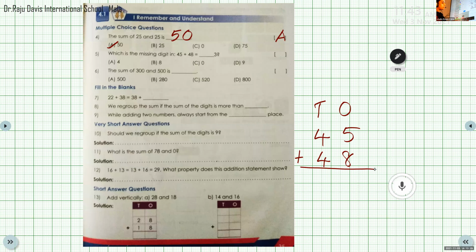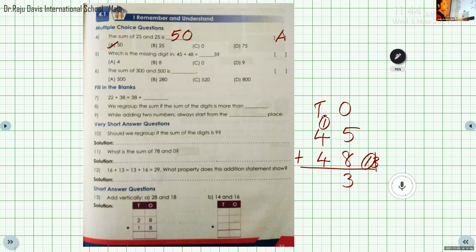Yes, Aldrina, have you got the answer? What is the answer in the ones place? 5 plus 8. While we are adding 5 plus 8, what will be the answer? 8 in our mind, 5 on the fingers. After 8, 9, 10, 11, 12, 13. So 13 is a 2-digit number. So we can write it by the side. Cut the ones place and write under the ones column. The tens we will carry forward to the tens column. Then add the tens place.